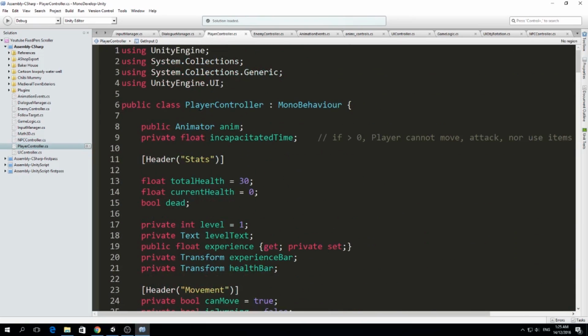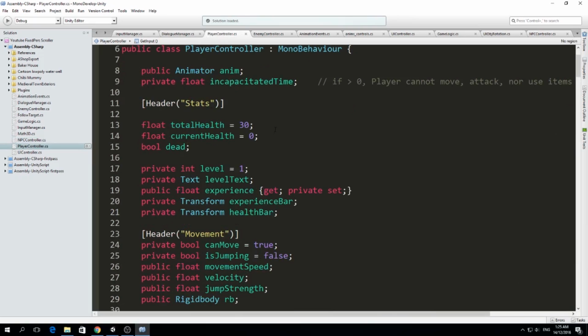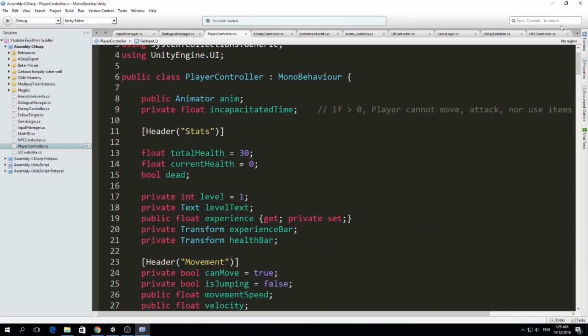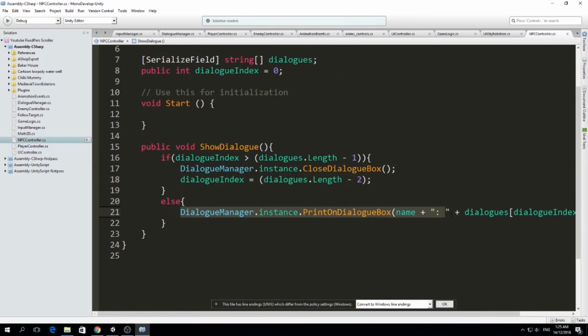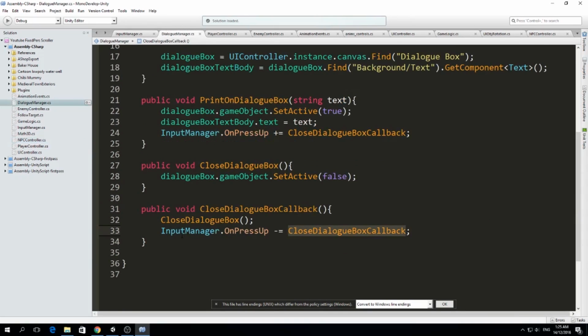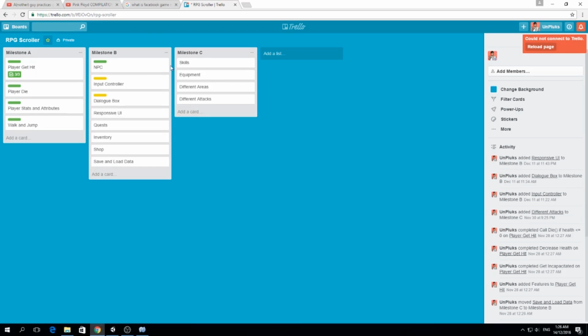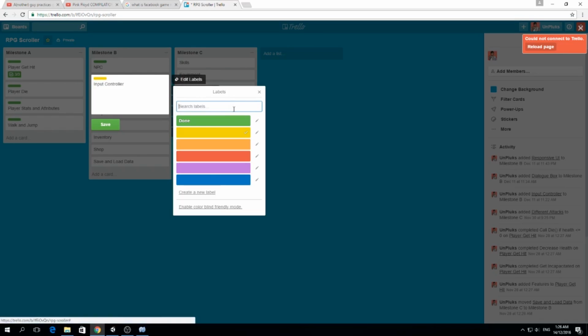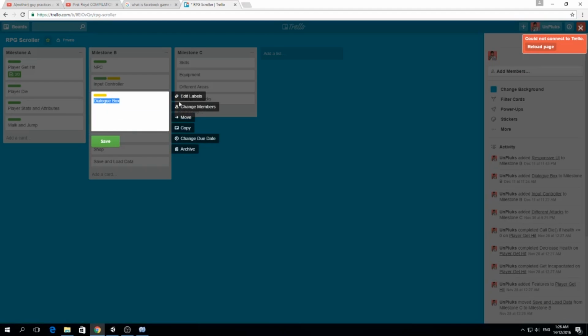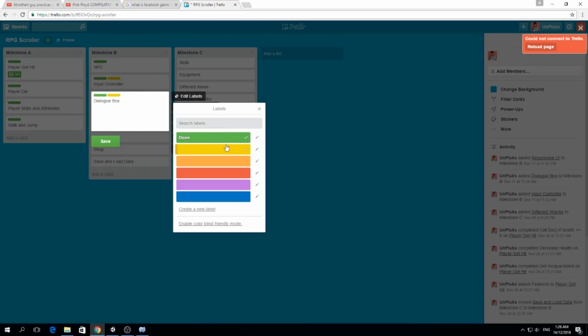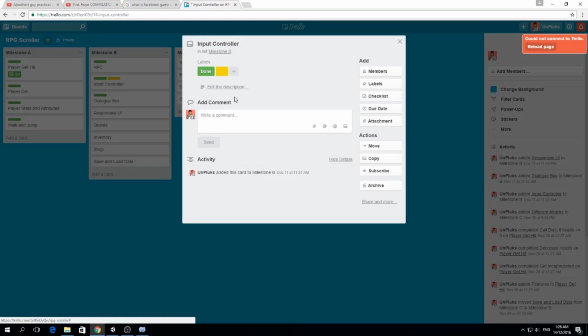So you might have some boolean or some state machine that whenever the NPC here, the instance of the dialog manager, prints something on the dialog box, it could also access the player class and lock the player in place. So just set their booleans like they're locked or something, whatever you have. You can try that, you can play around with that. But I think that's pretty much the basics of our input controller and the basics of our dialog box. So we will add things in the future, of course, but right now we have